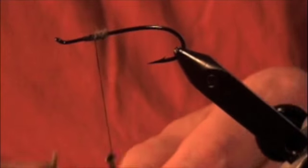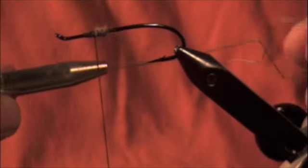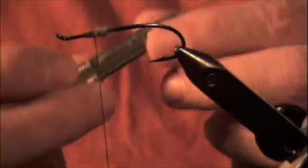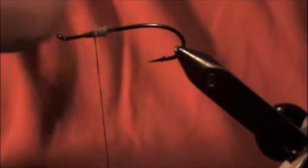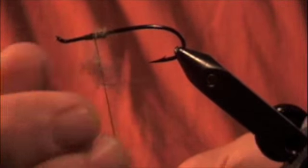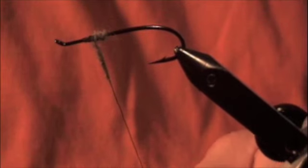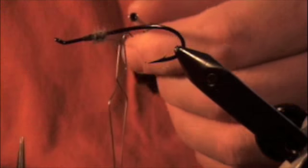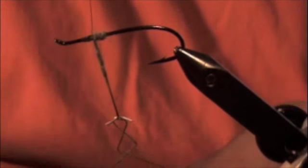After doing that for a few years, I went to a dubbing tool, or a spinning tool like this. It just has a flexible set out here and a heavy brass end. So again, I take my dubbing, put a little bit of dubbing on it. I'm going to make this a little smaller, you don't need to see the whole dubbing thing. Then put the hooks on, let it hang, again, in front, behind,